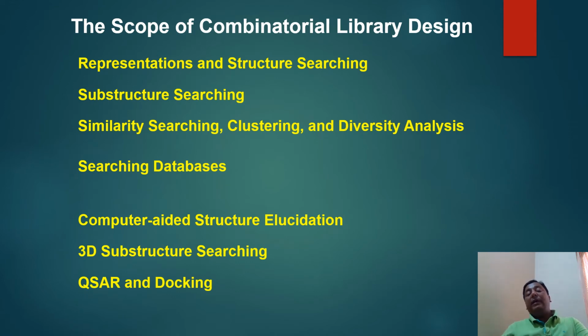So what are the scopes for making this combinatorial library design, in terms of the representations of the structures and how to search their structures. There may be similar kinds of structure searching of those compounds, substructure search, or you may be looking for identical structure searching methods. There are many more methods; fragment based search is there,